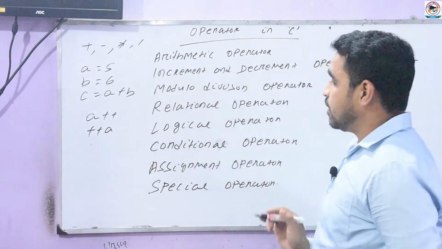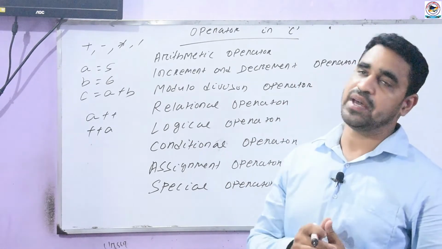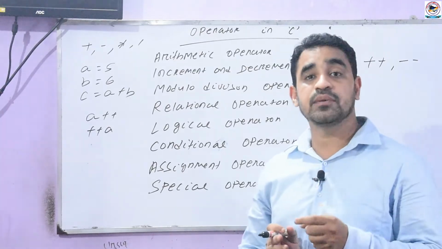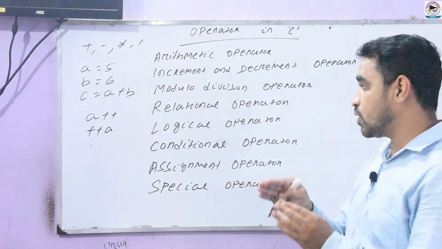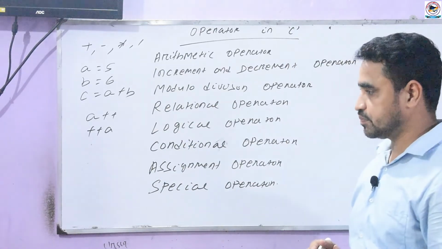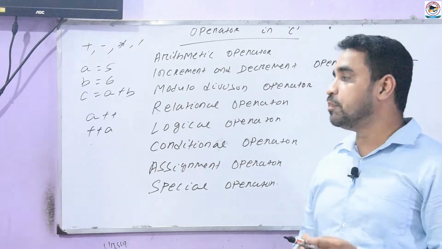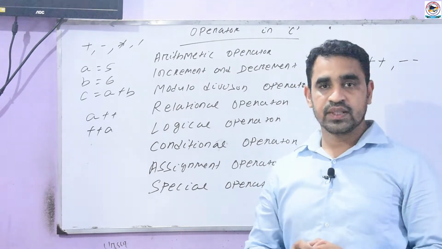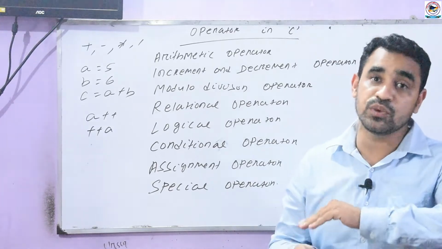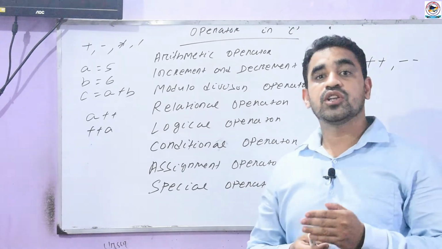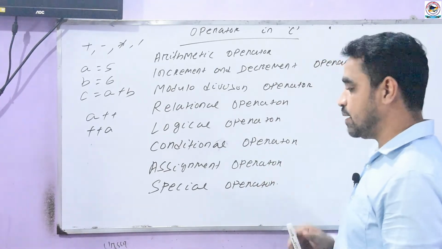Increment operator and decrement operator work before the variable and after the variable. If it works before the variable, it is known as prefix, and if it works after the variable, it is known as postfix. There is a little difference between prefix and postfix. When we assign the value into another variable, the value will change. For example,